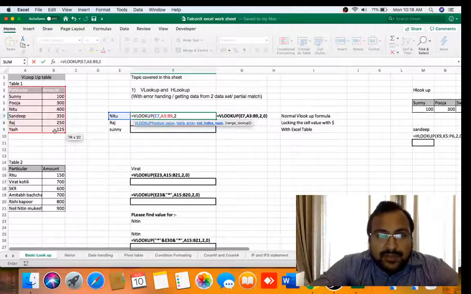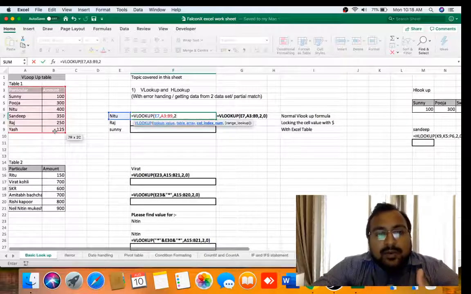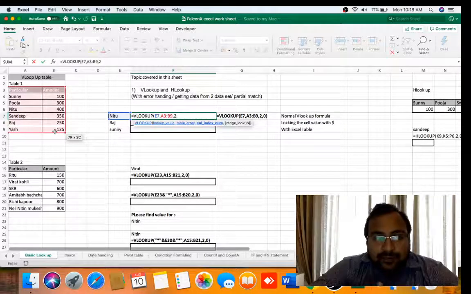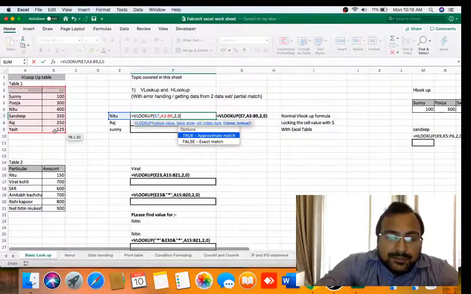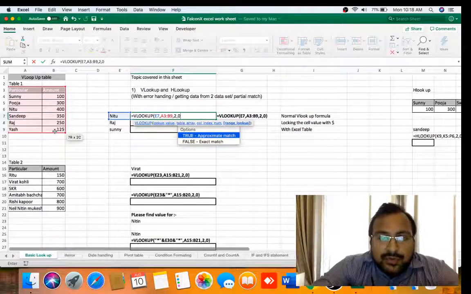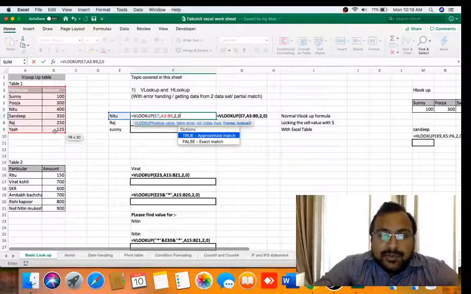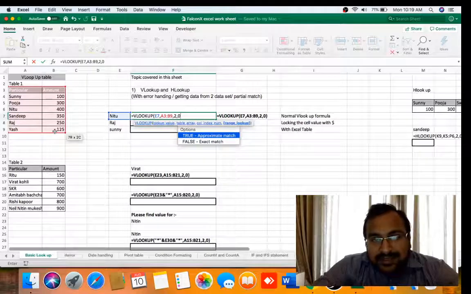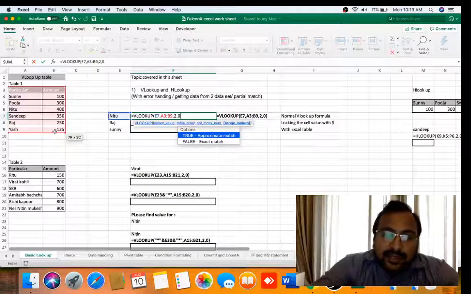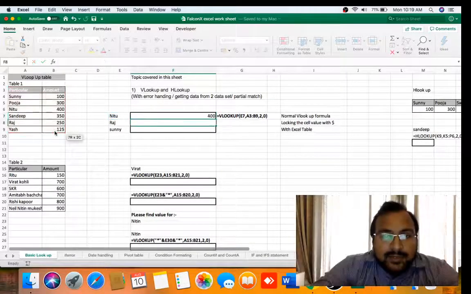As you can see, we have only 2 columns, so amount is the second column, so we have to write 2 and 0. True or false we will discuss in the advanced topic, what is the meaning of true and false. So for the time being in the basic lecture, let's write a 0 and close the bracket and press enter.